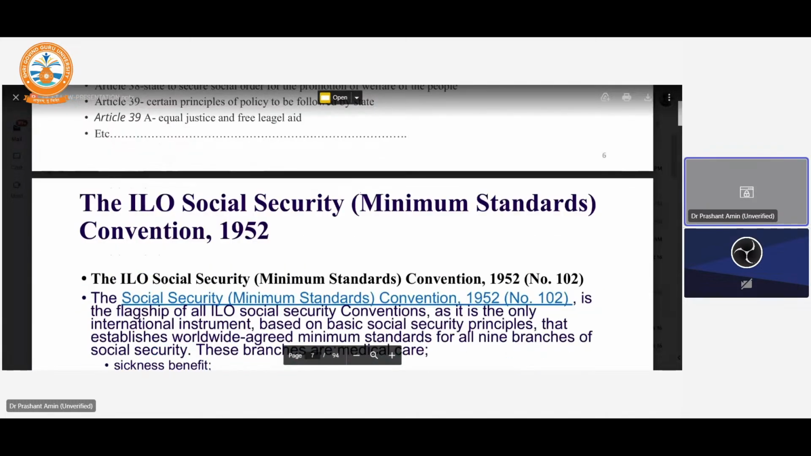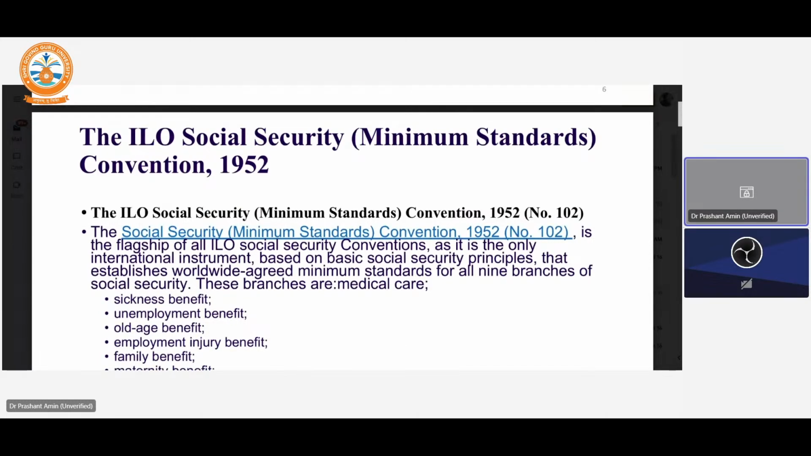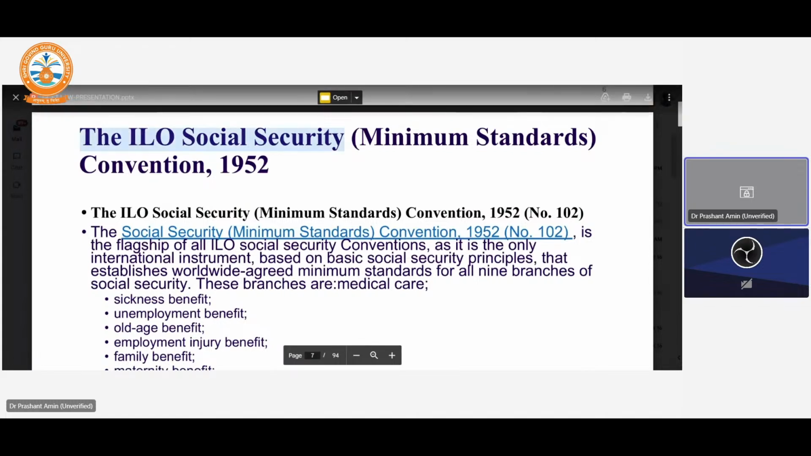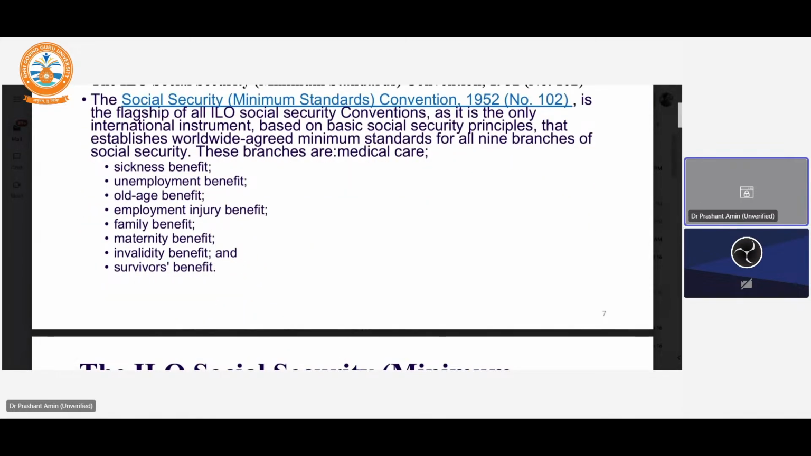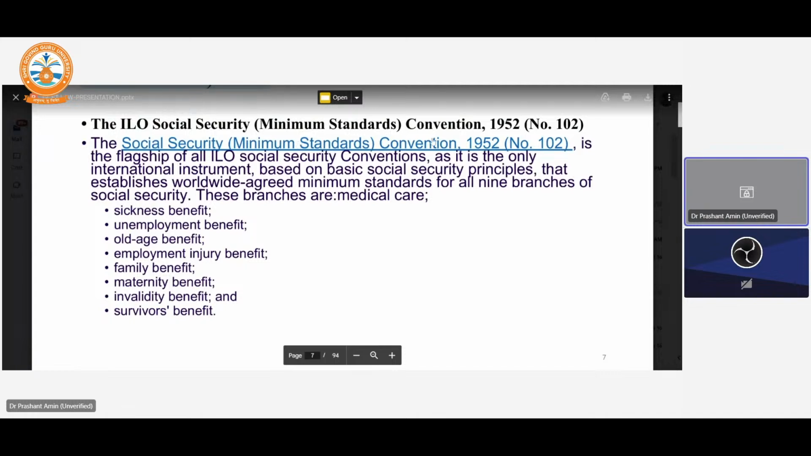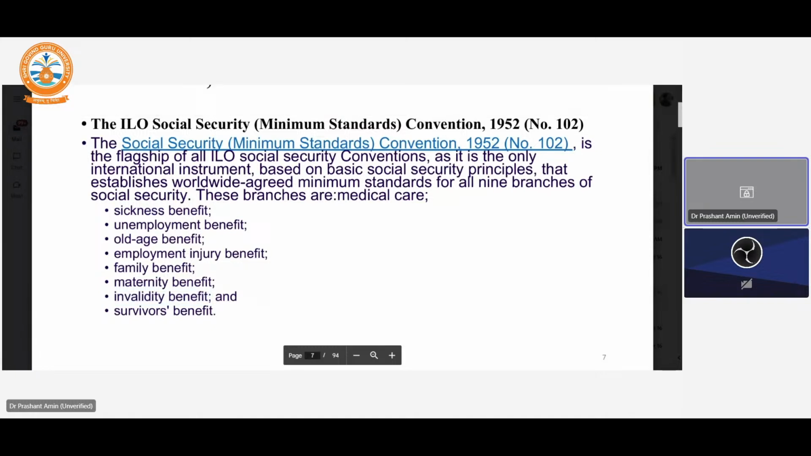When I was browsing the previous year papers, mostly the labor legislations came up. For the ILO Social Security Minimum Standards Convention 1952, one question was asked in the GSET previous year paper: the Social Security Minimum Standards Convention is a flagship program of the ILO, under which there are 9 branches: sickness benefit, unemployment benefit, old age benefit, employment injury benefit, family benefit, maternity benefit, invalidity benefit, survivor benefit, right? So these are the 9